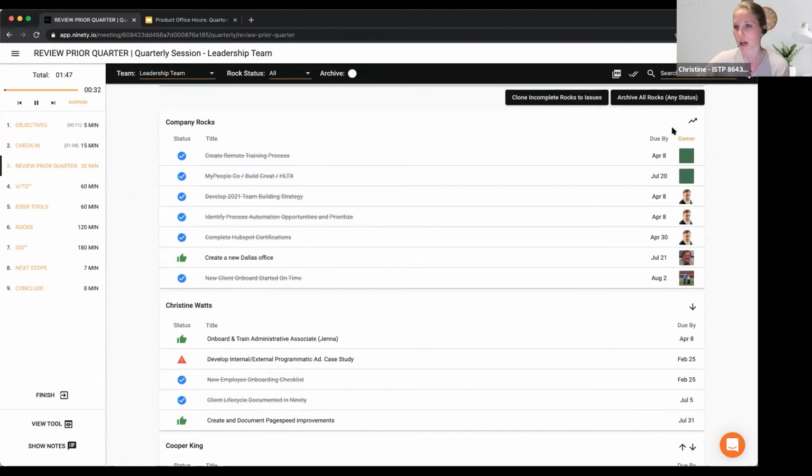And when you're done with that, this little icon up here in the top right gives you your completion rate. So it tells you for your company rocks, here's the real number, 6 out of 7, and your completion rate. And then for all of your rocks combined, so company and all of your individual, you can actually see your completion rate and your total rocks done.